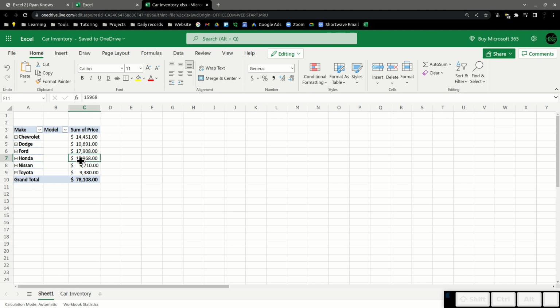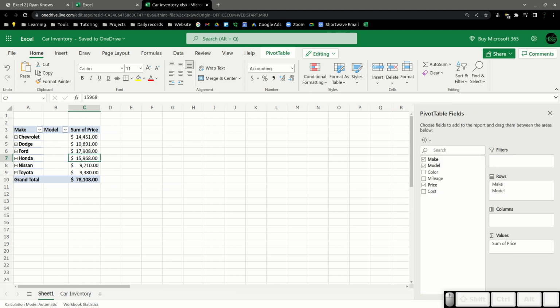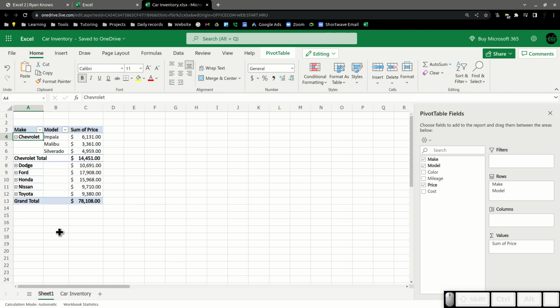There we go. And notice this menu went away, but as soon as I click on it, it just pops right back up for us. So this is giving us a sum of all of the various makes, or just makes here. But then if I expand these, come on, expand. There we go. It'll give me a subtotal for each model, and then a make subtotal as well. So it's just organizing the data automatically for us,